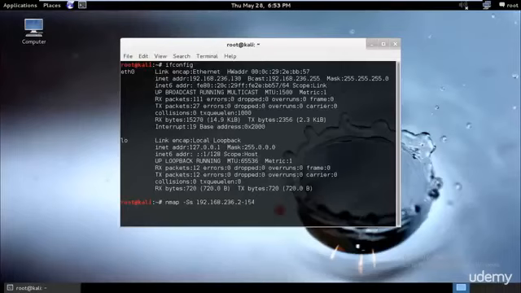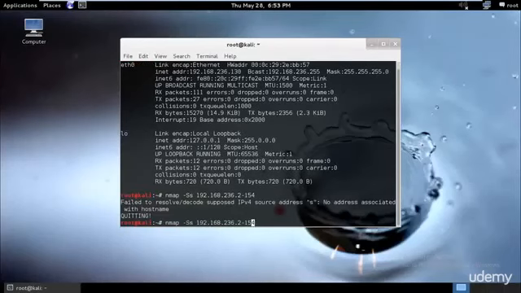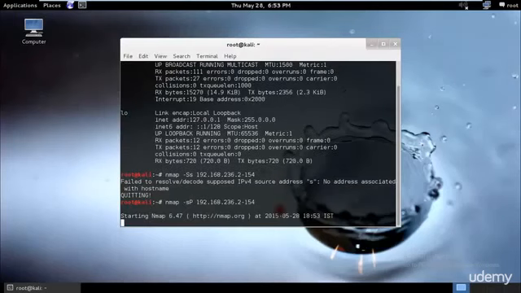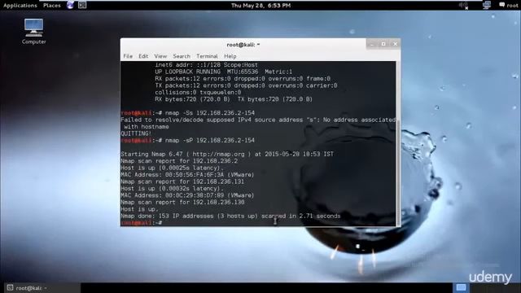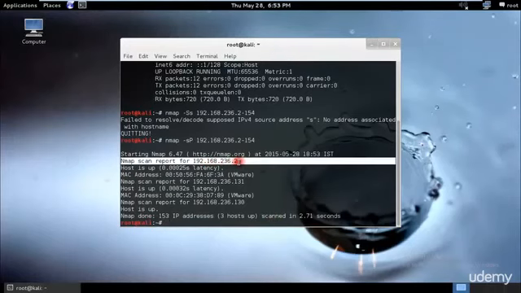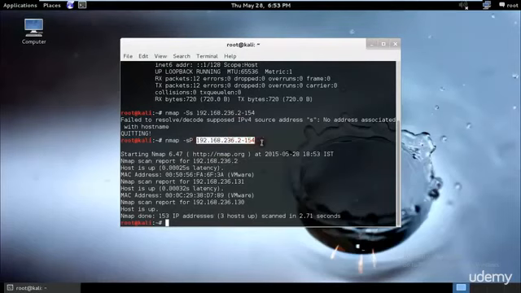If I remember properly, then it should be this. I believe it's SP, or SSI, I don't remember exactly. I believe it's SP. Perfect. So as you can see, nmap scan report for 192.168. So what this is exactly doing is it's capturing all the connections that are available on my router